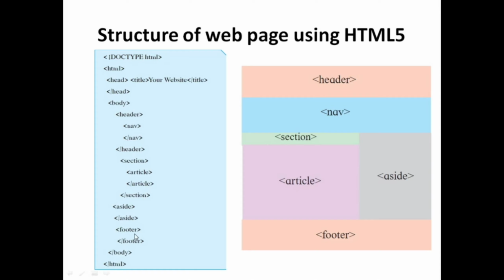And then you have the footer. Whatever you want to give, like some copyrights or some additional links, you can add them within your footer part, and then you can close the footer tag. So all these are container tags. And then you close your usual body and HTML. As you can see here, within the section and aside there are two separate sections. You can divide the page into two parts using this section tag and aside tag. So we will be using these two tags for solving our third program.